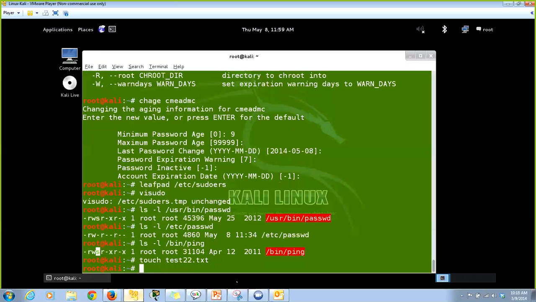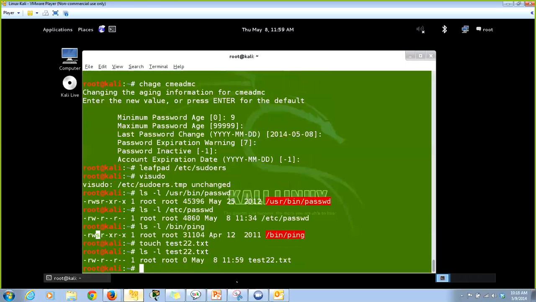This one here, and now if I go ls -al, test22. So you see here there is no S bit, but I can do that with change mode